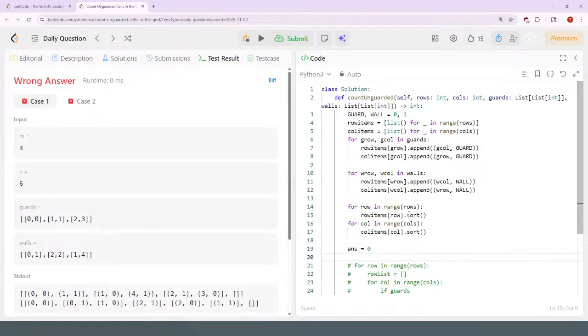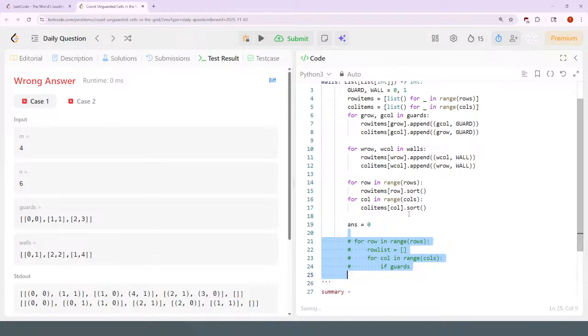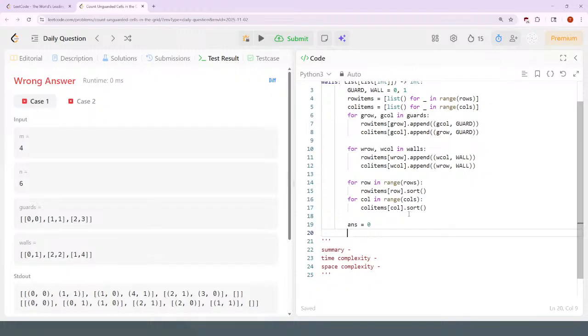Answer equals 0. I guess it's going to be something like for every row in range of rows, for every column index in the range of columns. So if you're dealing with a position at row,